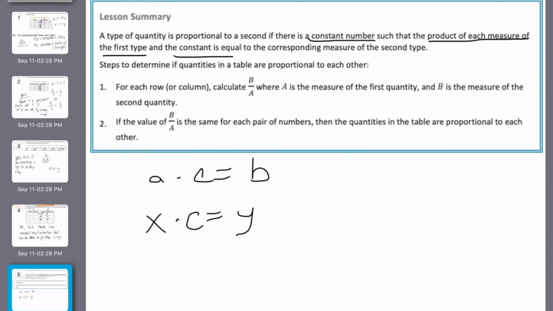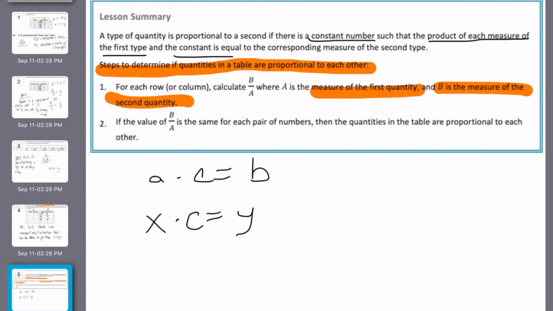So that's how I know if it is proportional. There are steps to determine if quantities in a table are proportional to each other, and that's what we've been doing this whole time. Everything has been in a table. For each row or column, calculate B divided by A, where A is the measure of the first quantity and B is the measure of the second quantity, and see if it's the same number every time. If the value of B over A is the same, then the quantities of the table are